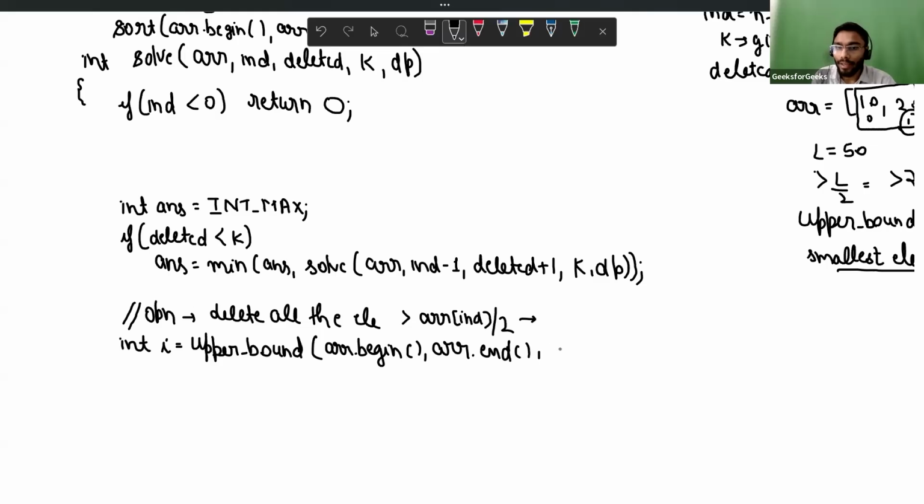and the third parameter is, let's see, arr of index divided by 2, because I want to find the upper bound of that value only, na? arr of index divided by 2 minus arr dot begin to get the count of values. And to find the valid index, I can minus 1 here also, or I can do this in the function call. Let's see. Now I want to find the next answer, that is answer is equals to minimum